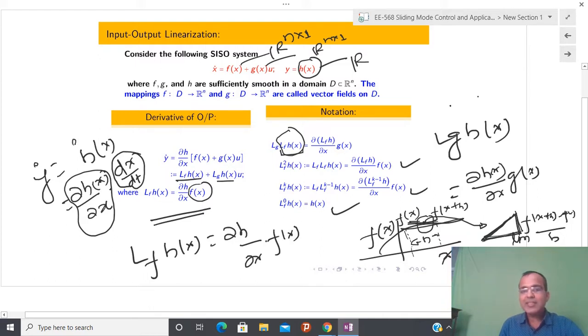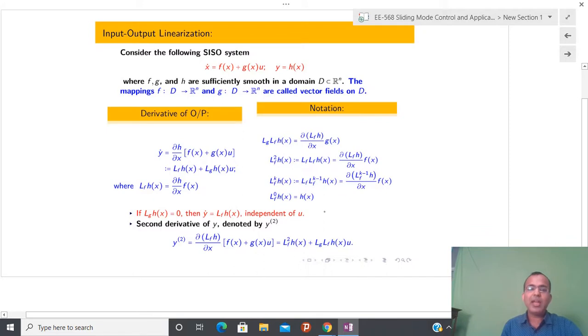Now, notion wise, whenever I am going to use this notion, things look a little bit simpler. Here the beauty of this notion is that you can see I am able to apply this LG several times. After applying LG several times, you can see that LF k minus 1 I have written, and similarly LF 2 times. Similarly I can apply LF LG 3 times, n times, and then a simpler kind of notion comes into the picture. So that is the beauty of this symbol. And now let us try to see one thing.